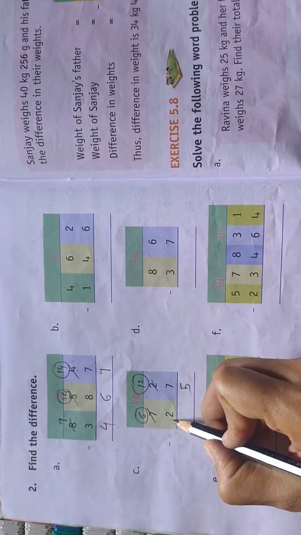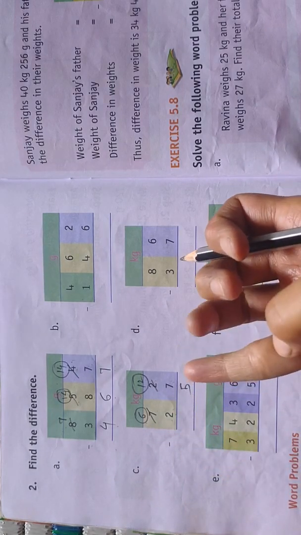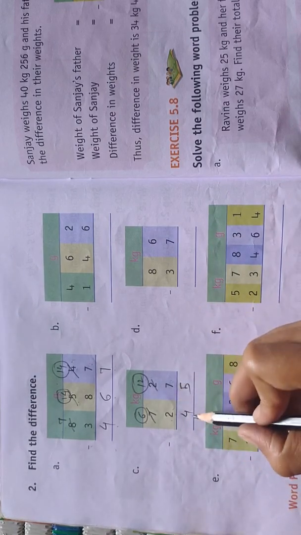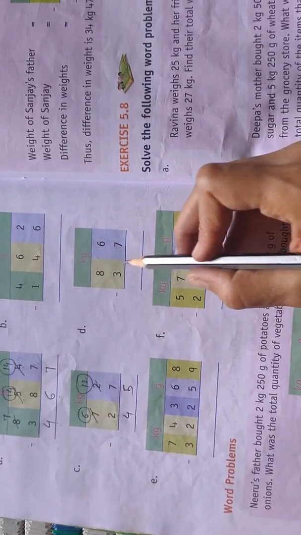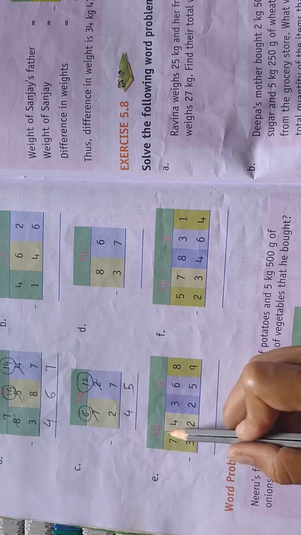Now 6 minus 2. Count after 2 up to 6. After 2: 3, 4, 5, 6. How many? 4. So we'll write here 4. So what is the answer here? 45 kilograms. I hope you can solve D. E. 74 kgs